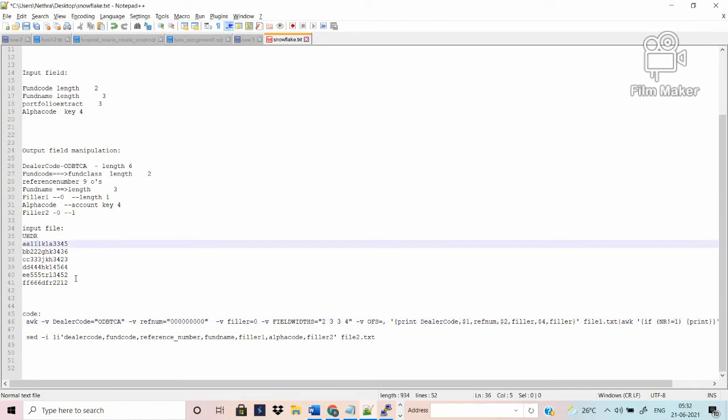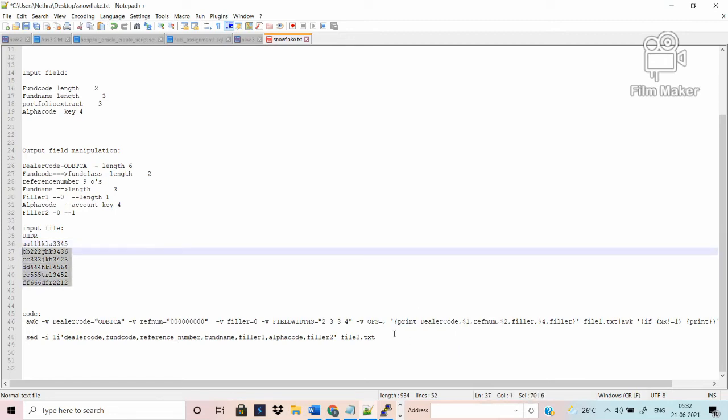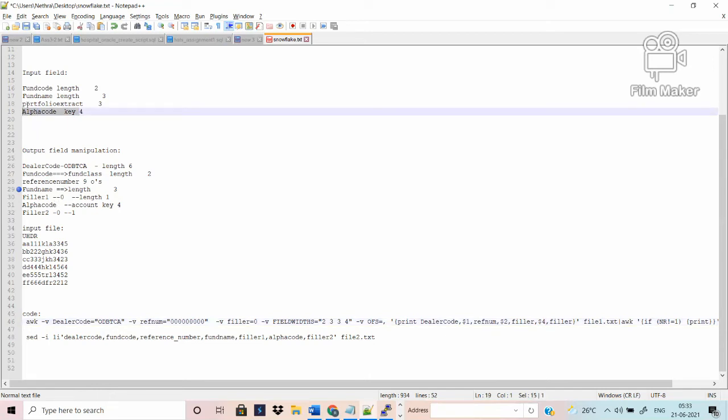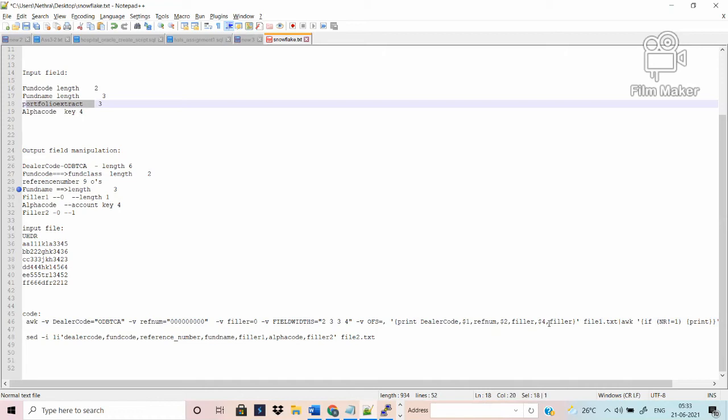For the field separation, we add this logic, the output field specification. Your filler is 1 digit, value 0. Also $4, alba code, and you are ignoring the other field. You don't print $3. So $4, comma, filler.